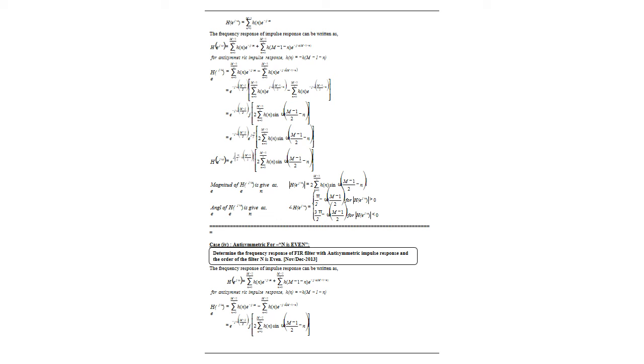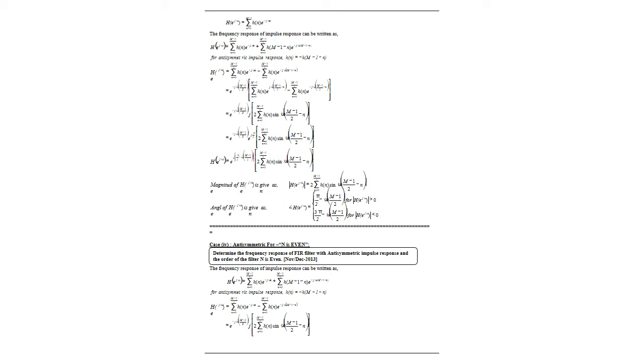So likewise we have to find out case 4, that is antisymmetric for N is even. So determine the frequency response for an FIR filter with antisymmetric impulse response and the order of the filter N is even. So the frequency response of the impulse response can be written as